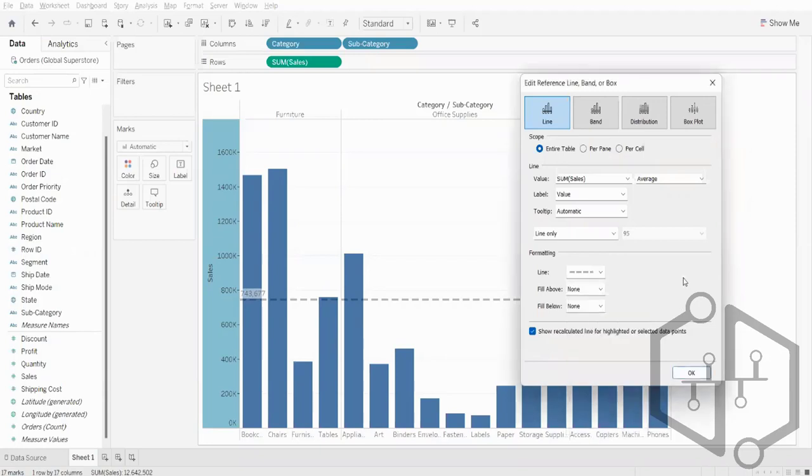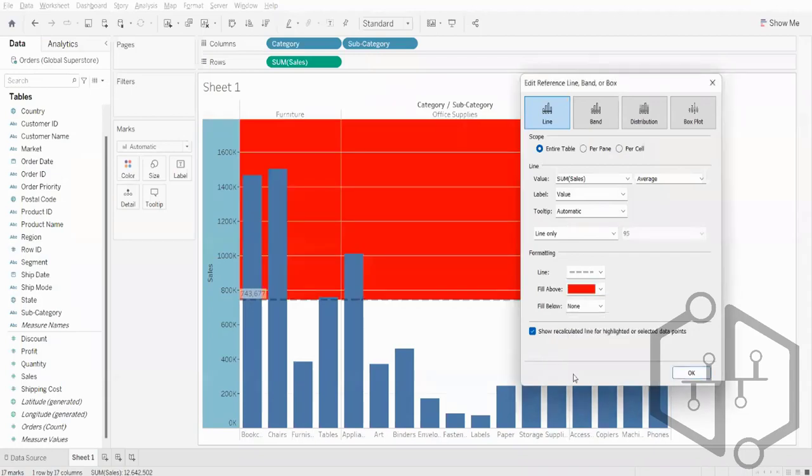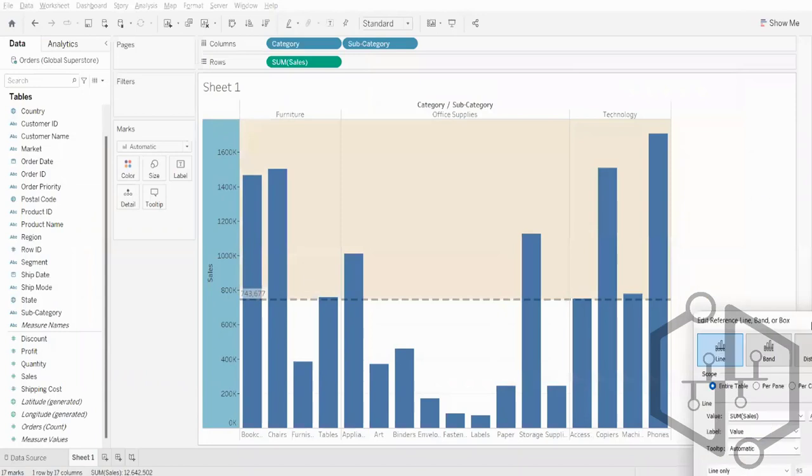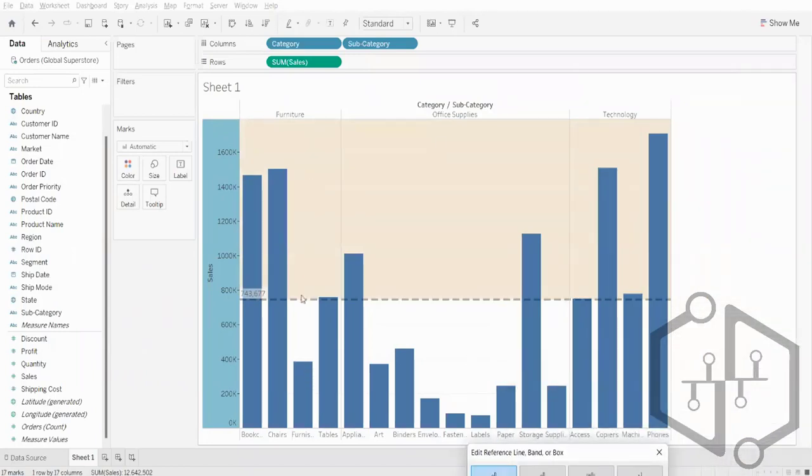Now if I want to highlight whatever is above average and whatever is below average, for that also we have this formatting option, which basically gives us the color schema in which you can color things. So if I do a fill above, what happens is everything above, oh my god, this is a terrible color, no? This is soothing. So whatever is above average gets highlighted,